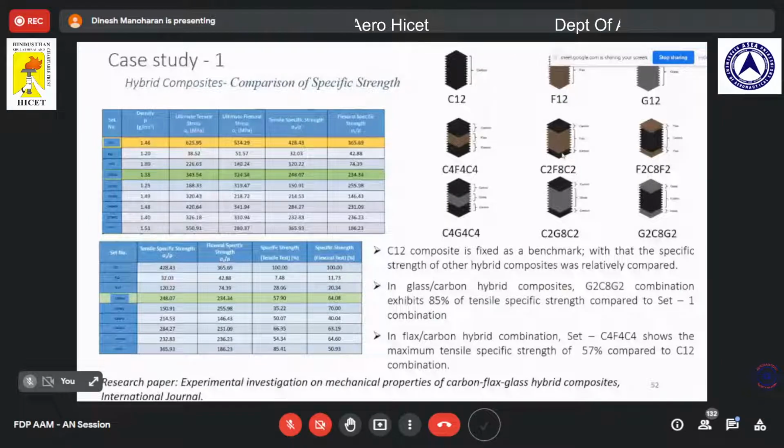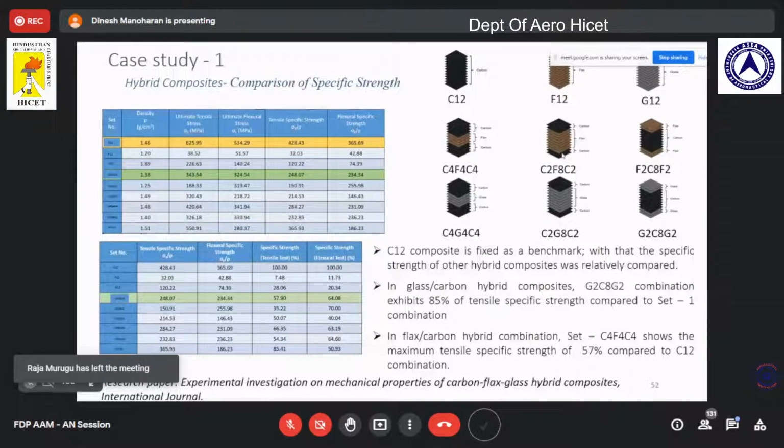You can see that after the pure carbon strength, the hybridization has a very good ultimate strength while not degrading. You can see the glass and glass combination